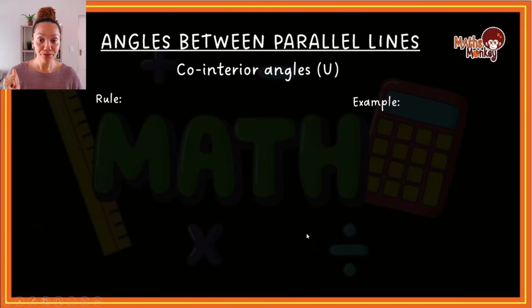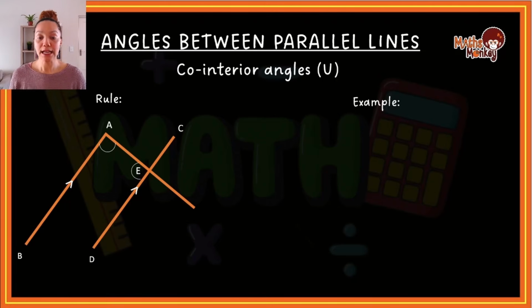Okay, so let's have a look at what the co-interior angles rule says. It's a little bit different from what we've learned from alternate angles and corresponding angles. It says that if I've got parallel lines and a line that goes through, then the two angles on the inside of the two parallel lines, so this angle's on the inside, this angle's on the inside, and here's a line in between,